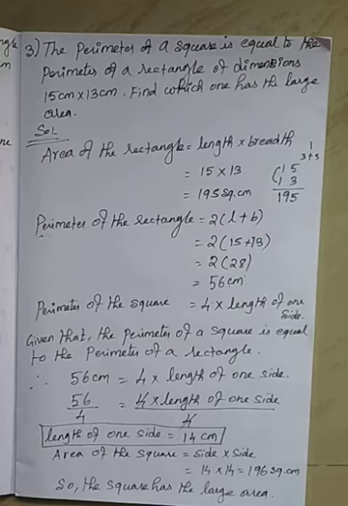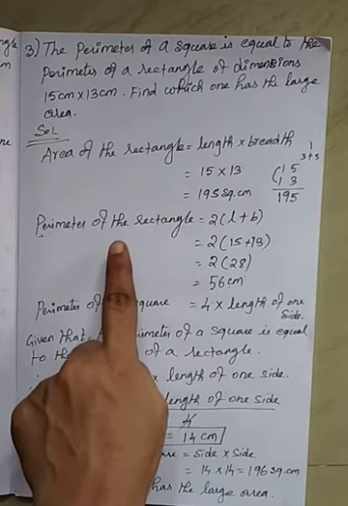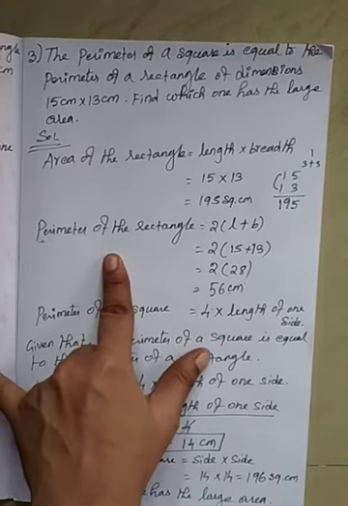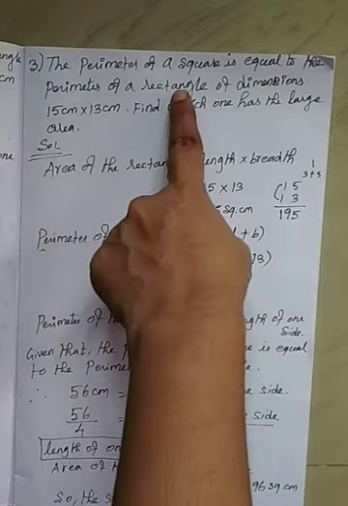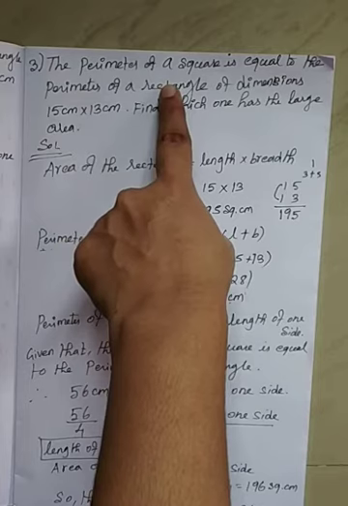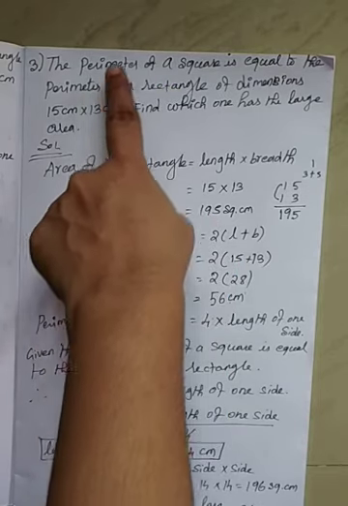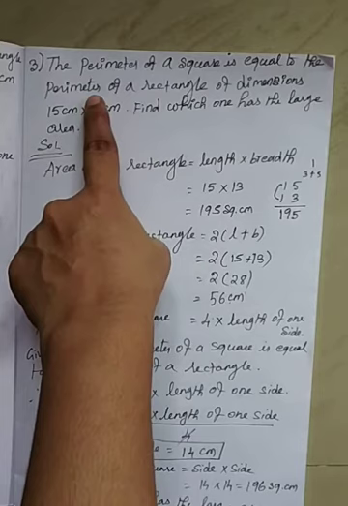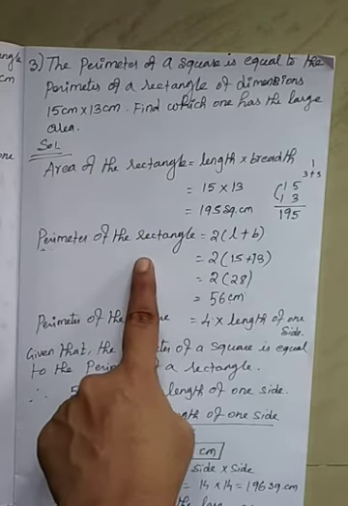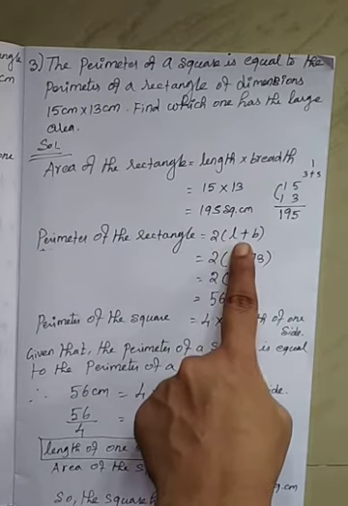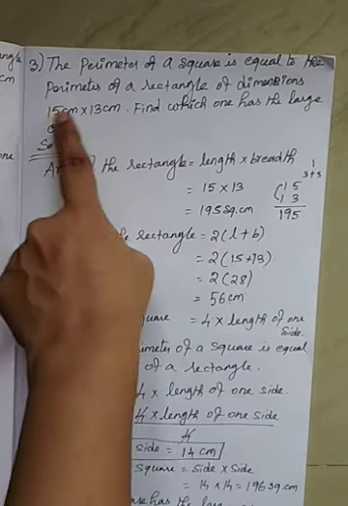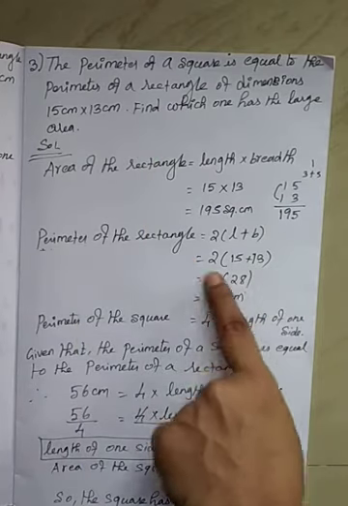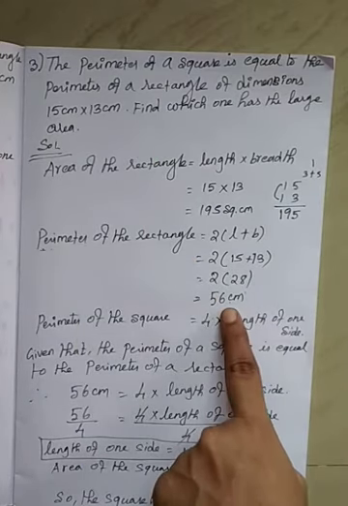See, next you have to write perimeter of the rectangle. See, why you have to find perimeter of the rectangle? Because in your given question, perimeter of the square is equal to the perimeter of the rectangle. If you find the perimeter of the rectangle, you get the perimeter of the square. That's why you have to find the perimeter of the rectangle. So write the formula 2 into (L plus B). L and B, that means length and breadth, was given. So simplifying that, you will get 56 centimeter.